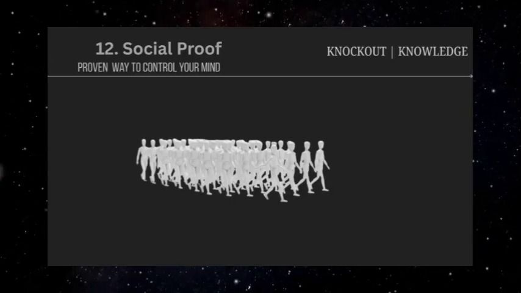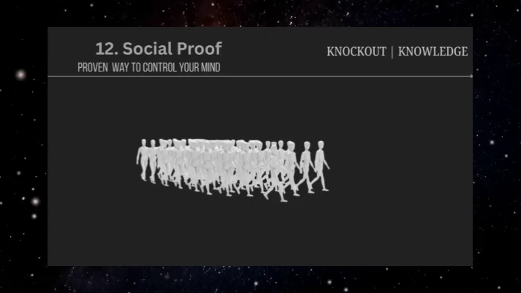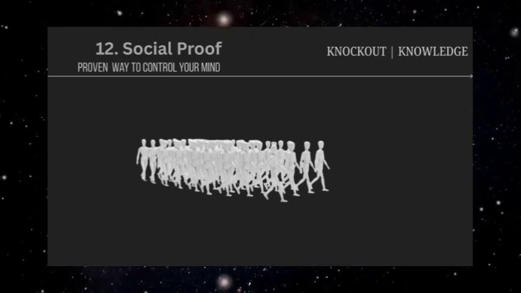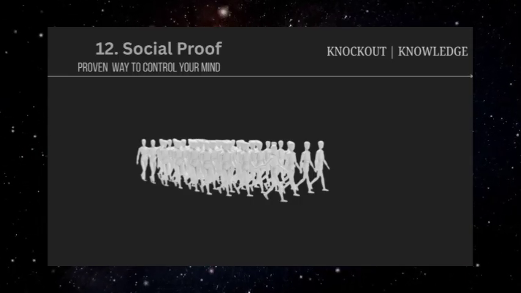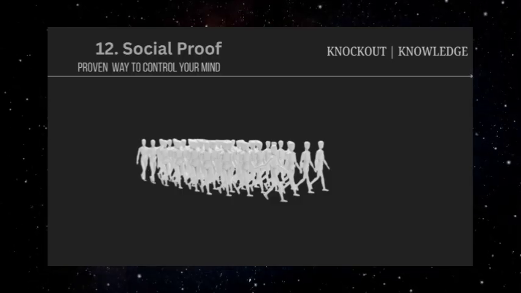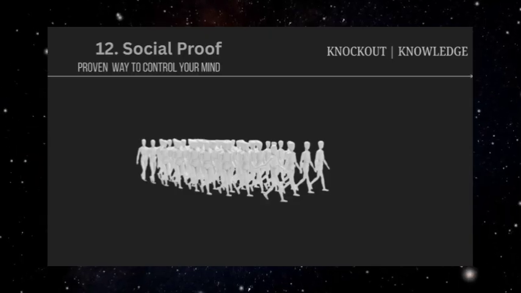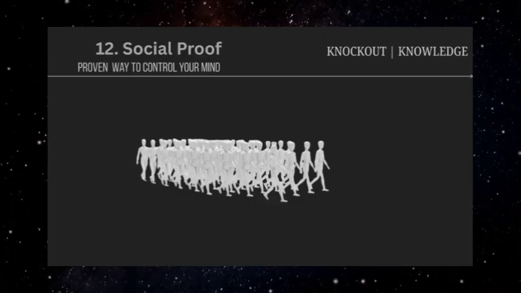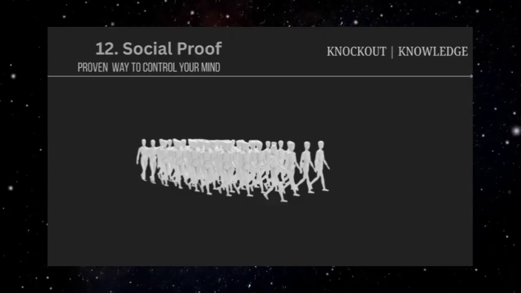Understanding social proof doesn't mean ignoring what others do or becoming completely isolated in your decision-making. Others' experiences and choices can provide valuable information, but it does mean maintaining the ability to verify that social proof independently and to make decisions based on your own values and circumstances rather than just following what appears to be popular. The key is distinguishing between genuine social proof, real evidence about what others are doing and why, and manufactured social proof designed to pressure you into compliance with someone else's agenda.